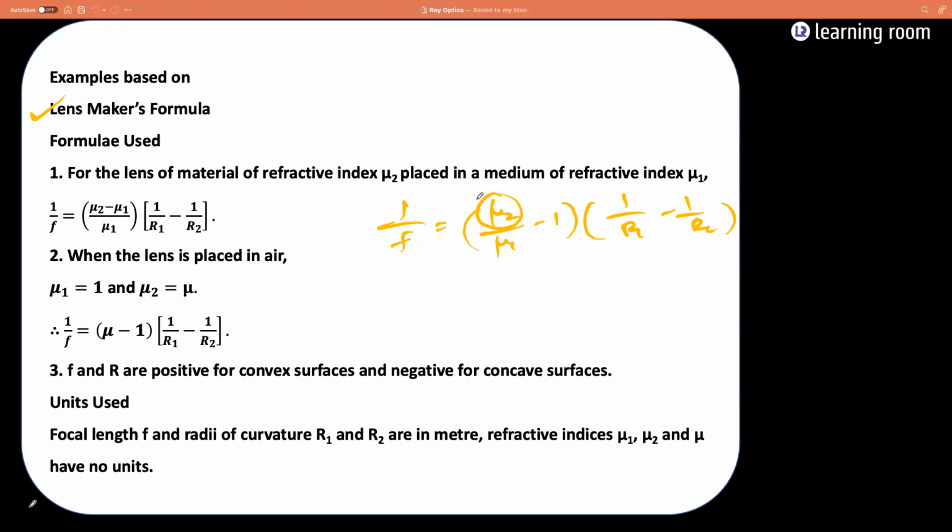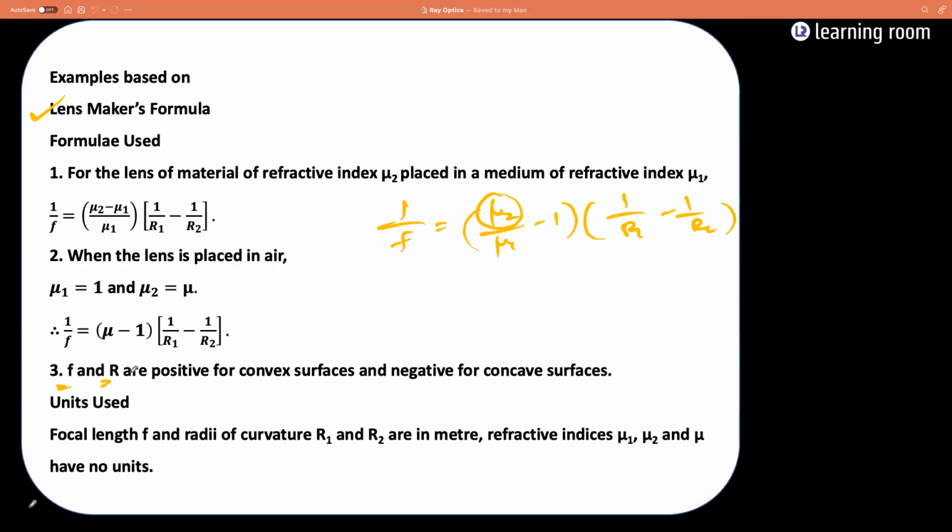Okay. So again, when it comes to the sign convention of focal length, the focal length of convex surfaces is going to be positive and the focal length of concave is going to be negative. So having this in mind, let's solve. The radius of curvature of each face of a biconcave lens made of glass of refractive index 1.5 is